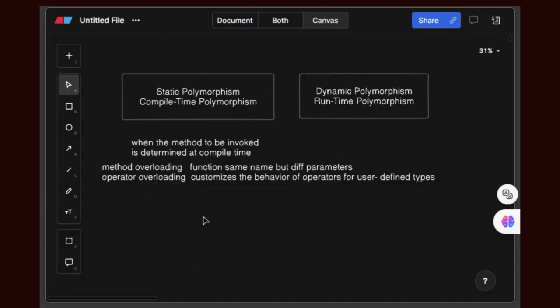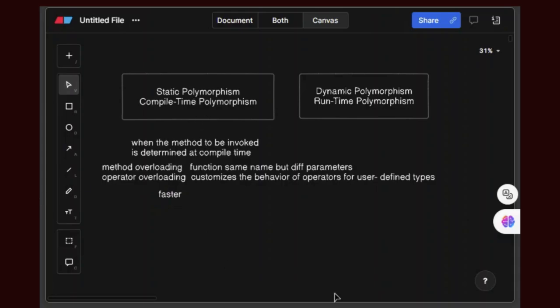Binding time. There is a concept of binding time in static polymorphism. The binding of a method's call to its definition happens at compile time. Performance is typically faster because the method to be executed is determined at compile time, reducing the overhead during runtime. So we can say static polymorphism is faster. Why faster? Because the method to be executed is determined at compile time, not at runtime. At compile time itself we know which method to be called, so at runtime there will be less overhead. That's why it is faster.